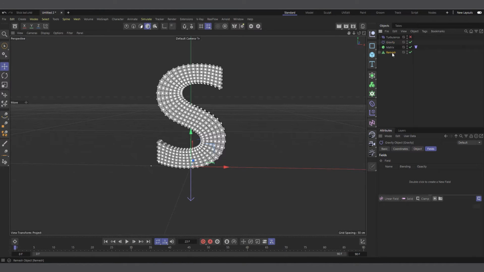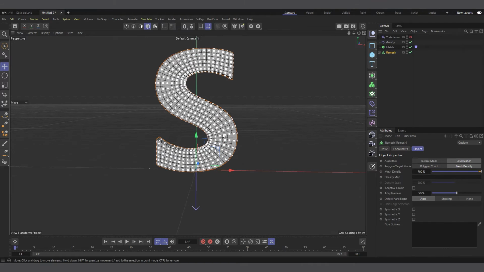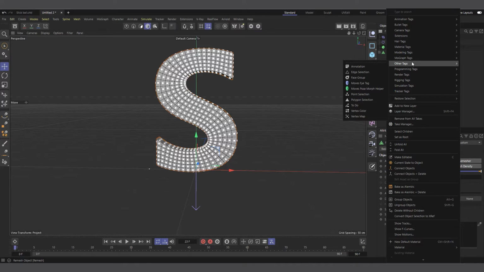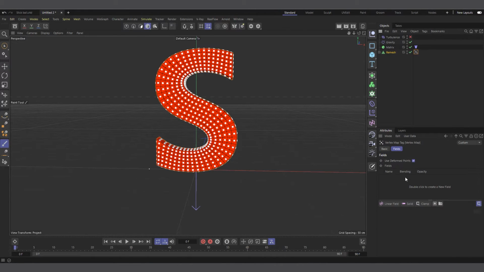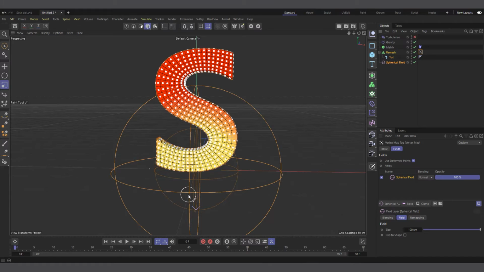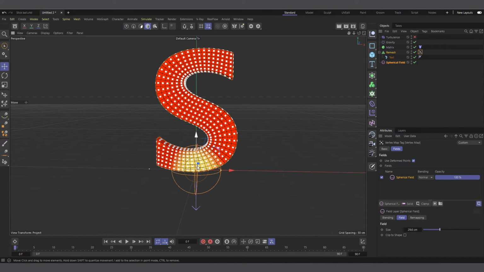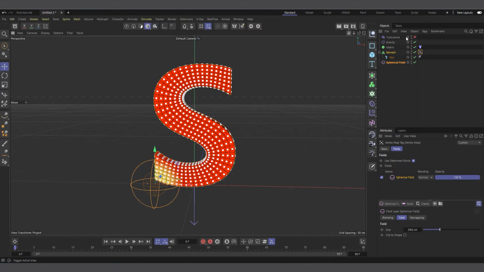So in my original case, I actually use the vertex map to control the growth of the gravity. So I right click here, come to other tags, and I'll add a vertex map to it, and I'll select the vertex map. I'll come to in here, and I'll create something like a spherical field. Let's make it smaller, and I'll move it. I have a lot of tutorials that explain this particular process, so I'm not going to slow down in this particular case. So I'll come in, add the spherical field here, and I'll come to my layers, modify layers,